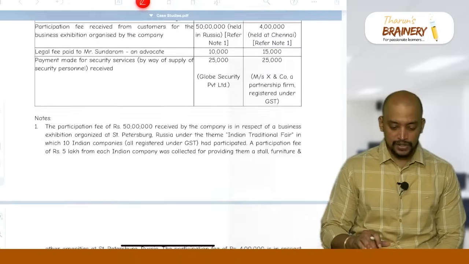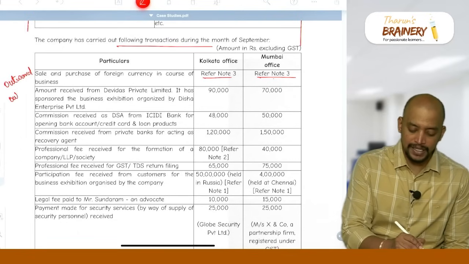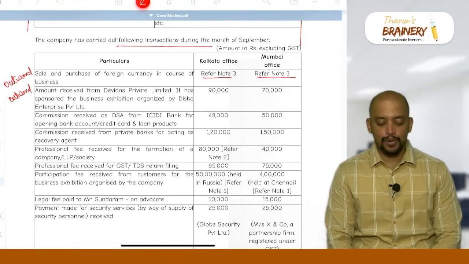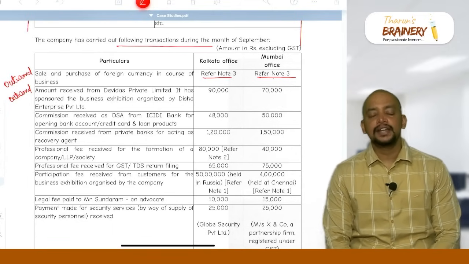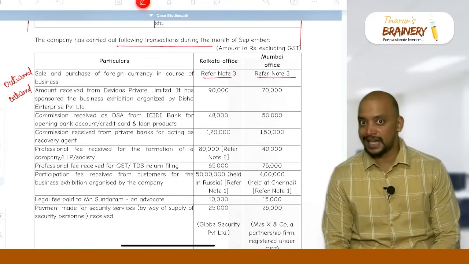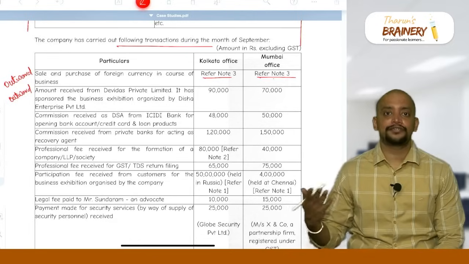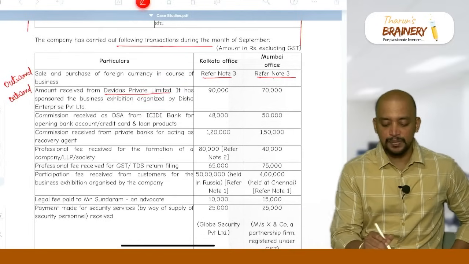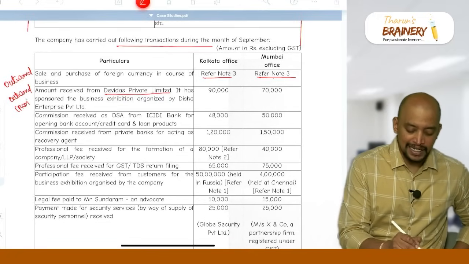Then next one, another transaction, amount received. Amount received means it's an outward supply, from Devidas Private Limited. It has sponsored the business exhibition organized by Disha Enterprises Private Limited. In case of sponsorship services, if it is sponsorship of a recognized sports body, it is exempted, otherwise it will be taxable. In case of sponsorship service, if the recipient is covered under body corporate or firm, it will be RCM. So here the recipient is who? The one who is paying the money is the recipient. Devidas Private Limited, a body corporate, so it will be covered under RCM,